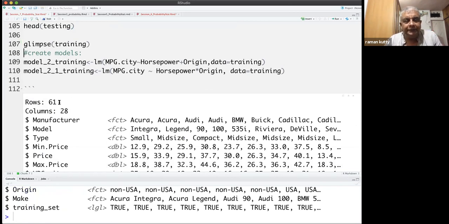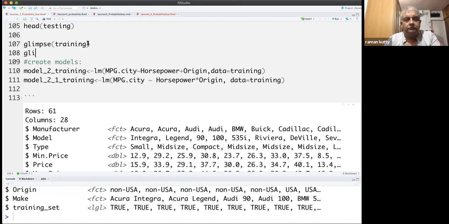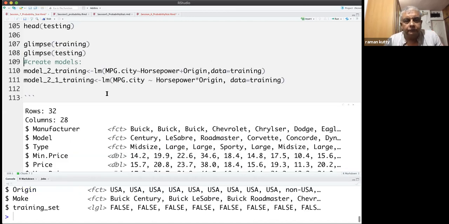There are 61 rows in training and 32 rows in testing. So that is about 60-40.